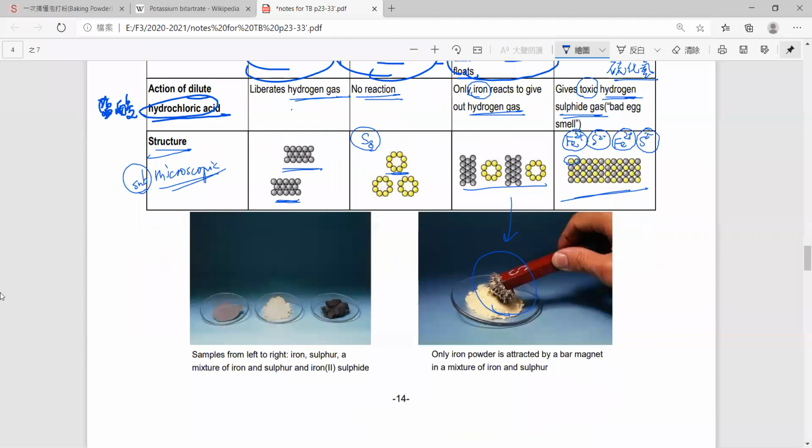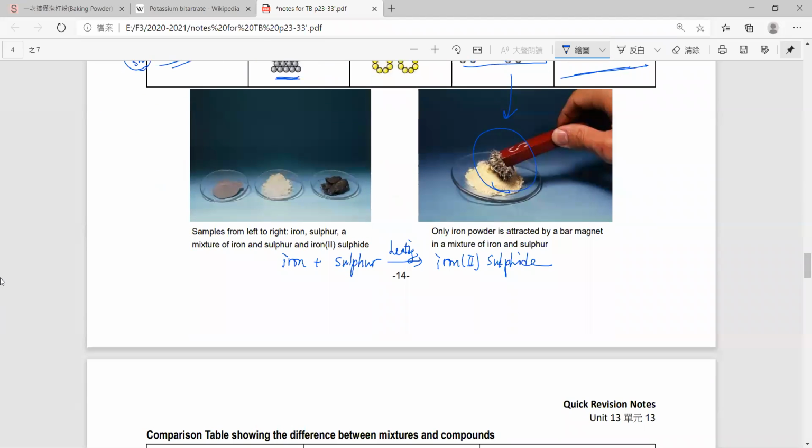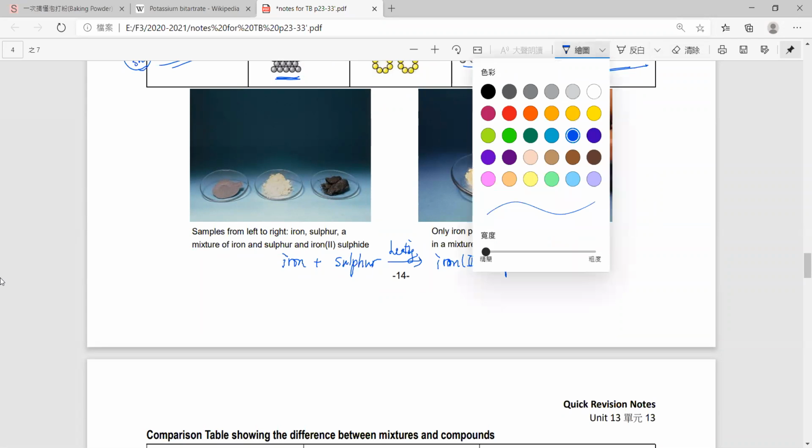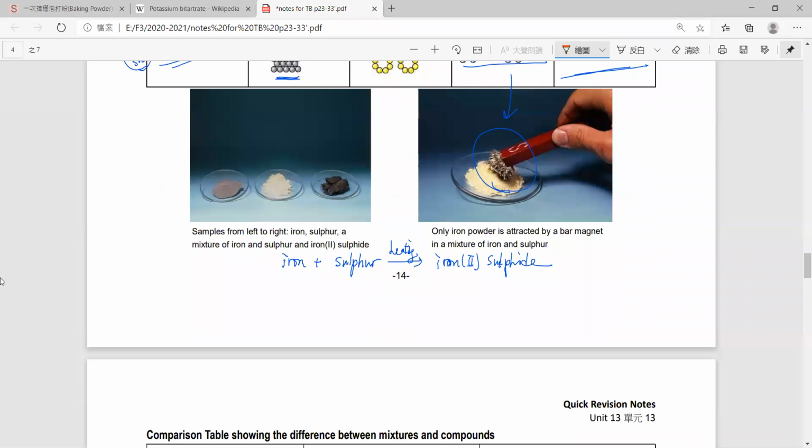So if you want to present the whole thing, we love to write a word equation. The word equation will show you something like this: iron and sulfur, undergoing heating, form what? Iron(II) sulfide. Okay, iron(II) sulfide. And if you want to take a look at the Chinese words, it will give you a slightly different naming system, as this. In Chinese, we call that Lao Fa Tit